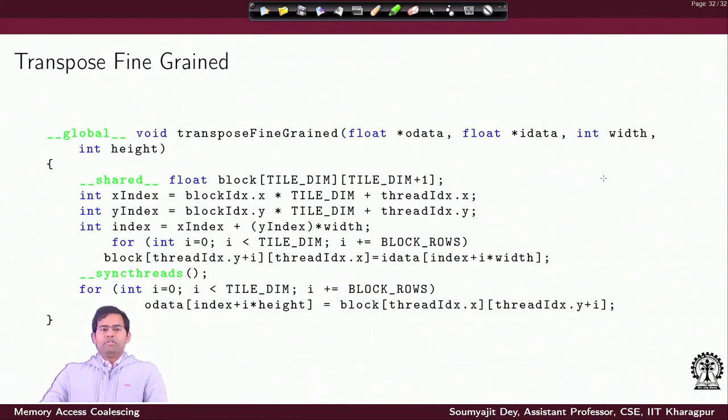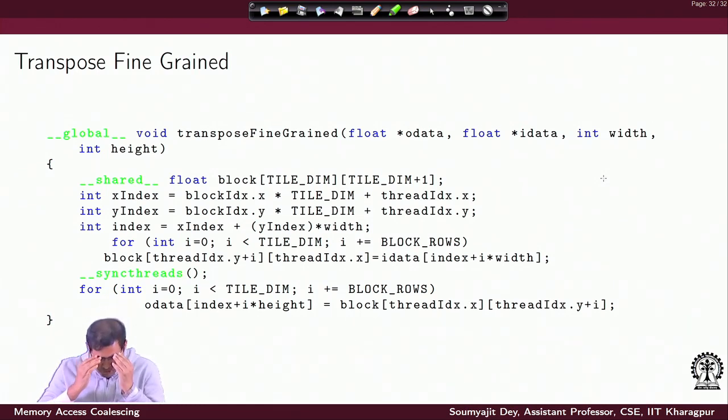If you remember the way we spoke of transpose, we did a 2-level optimization in the transpose. The first computation we did was just to change the x and y indexes in such a way that you do not completely flip the x and y for y and x, but you recompute the x and y for the original transpose kernel using shared memory, such that they represent the flipped block location. And then in the flipped block location, you flip while reading from the tile, and the reason for doing that was you achieved very nice patterns with respect to read and write, but you did an overall matrix transpose.